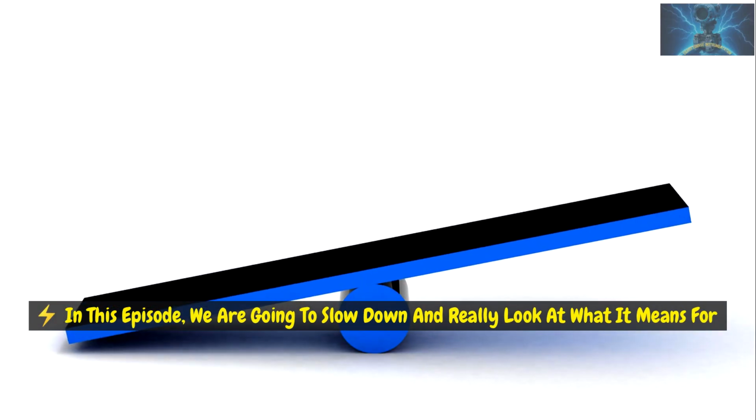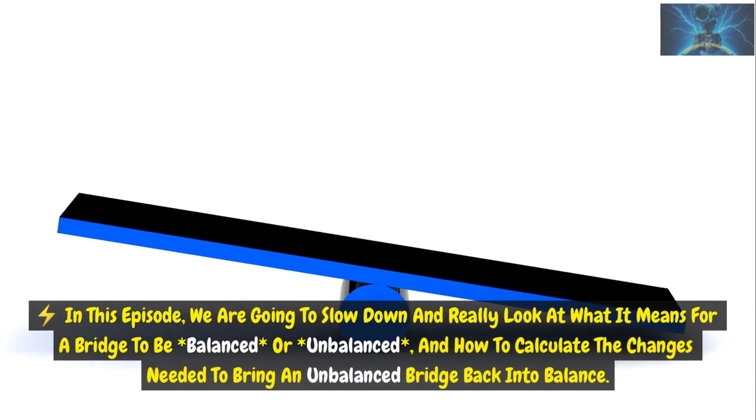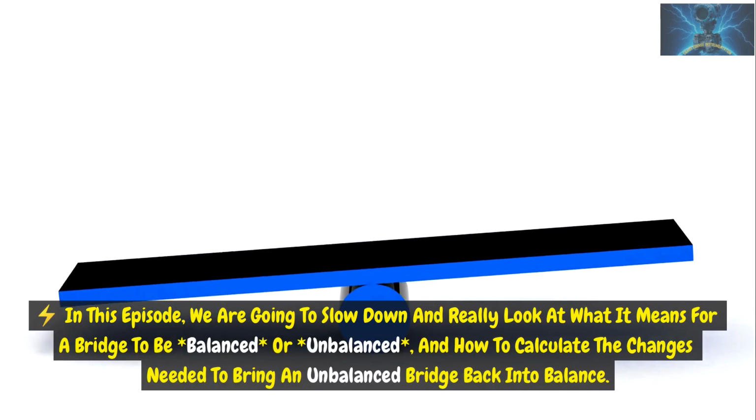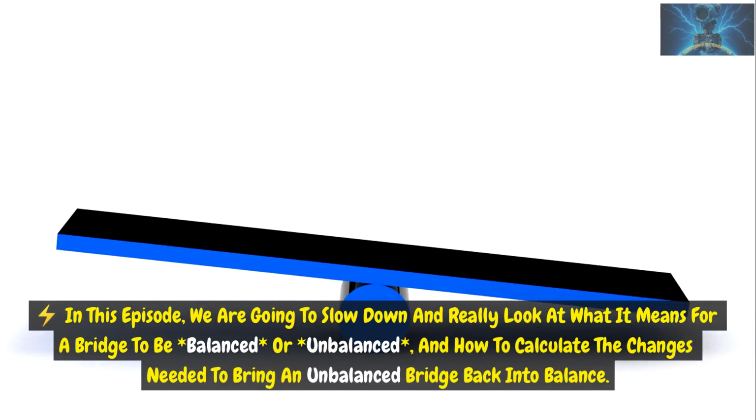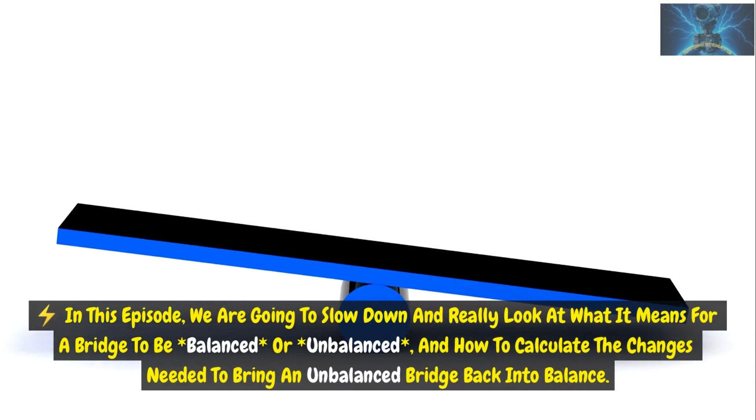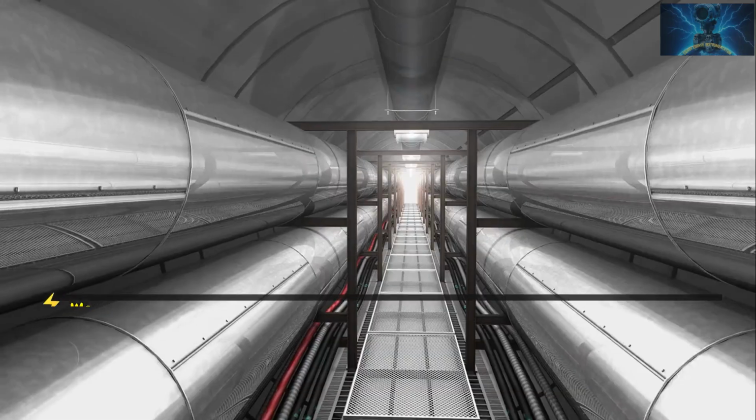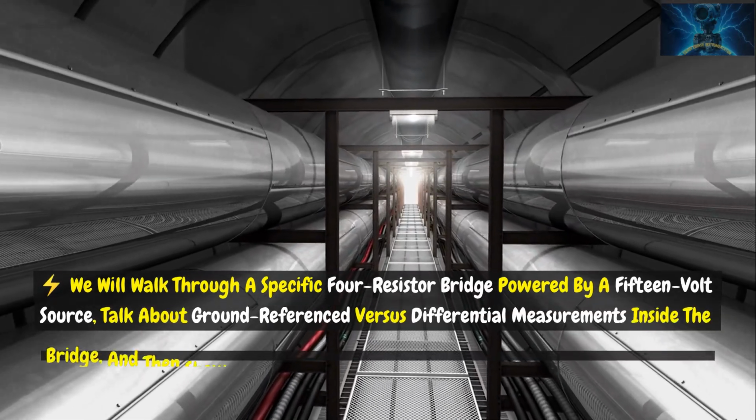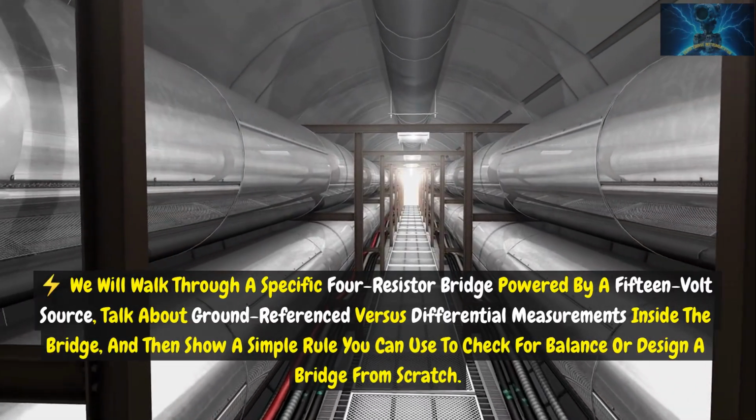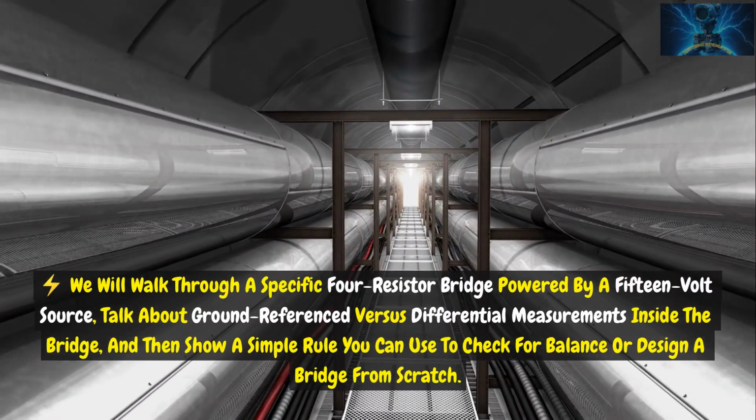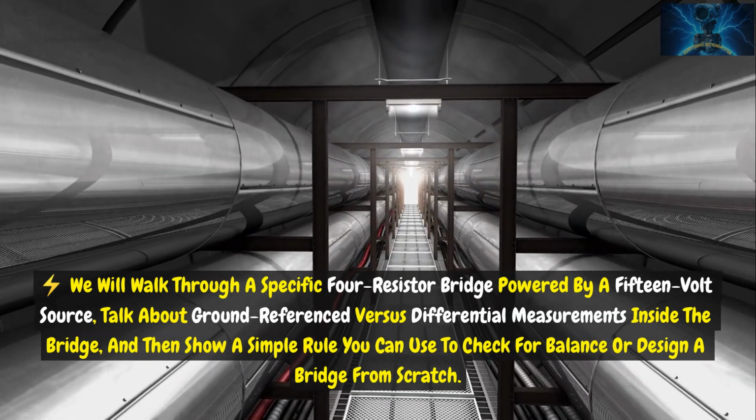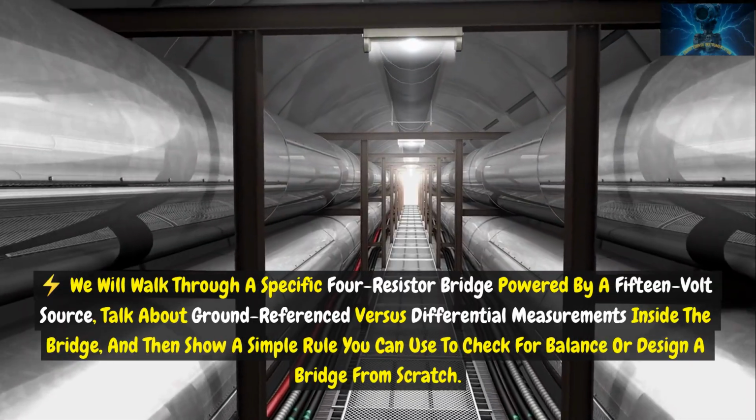In this episode, we are going to slow down and really look at what it means for a bridge to be balanced or unbalanced, and how to calculate the changes needed to bring an unbalanced bridge back into balance. We will walk through a specific 4-resistor bridge powered by a 15-volt source, talk about ground referenced versus differential measurements inside the bridge, and then show a simple rule you can use to check for balance or design a bridge